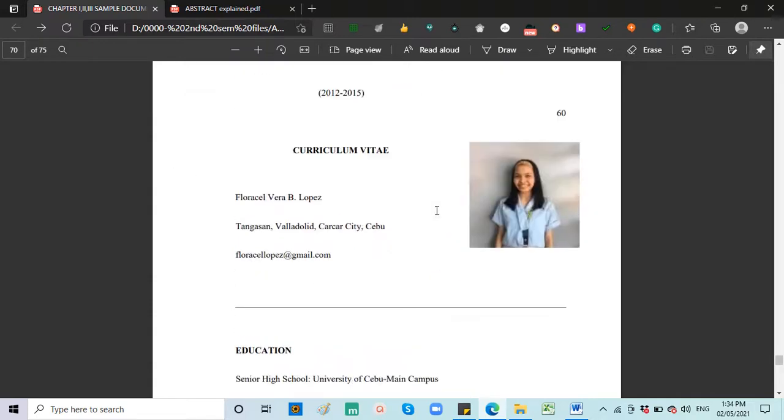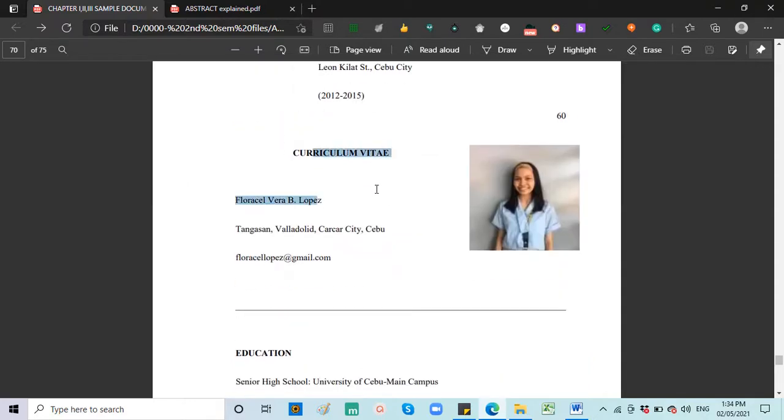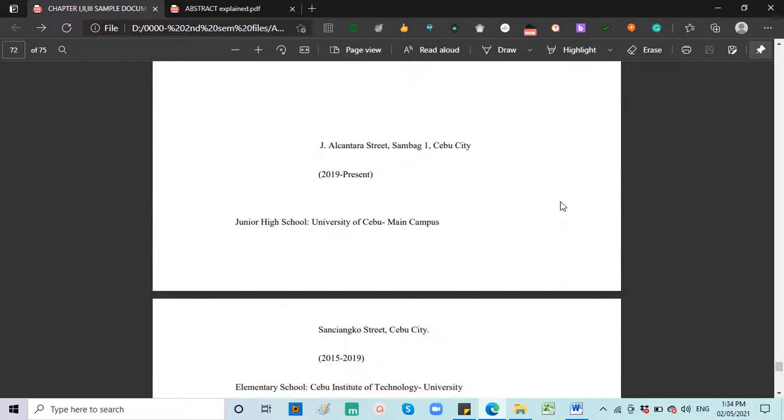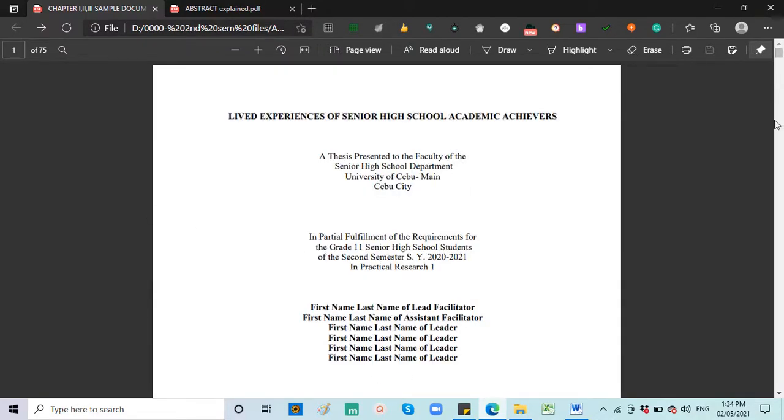Curriculum vitae. This one I actually did not edit because the format gets messed up. Supposedly, it should be on its own fresh page for each researcher. And of course, please smile. That's it. That's the entire paper that we have to prepare for the oral defense, and I hope by now this is already prepared, researchers. For the next part of the video, I'll be talking about the guidelines and also possible questions. Thank you.